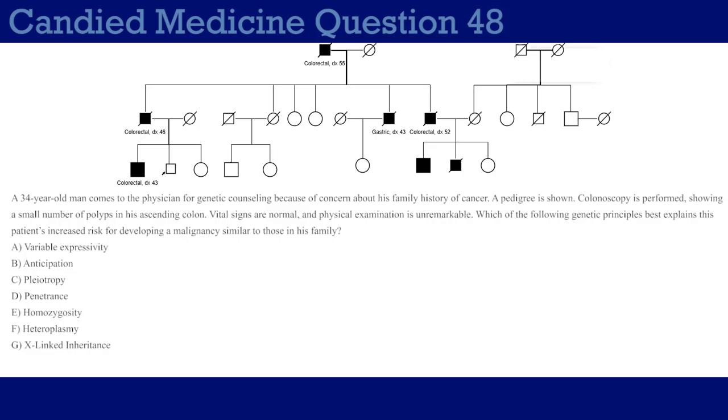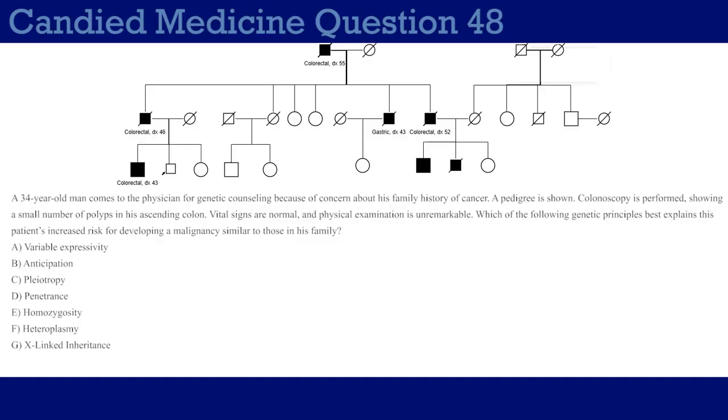A 34-year-old man comes to the physician for genetic counseling because of concern about his family history of cancer. A pedigree is shown. Colonoscopy is performed, showing a small number of polyps in his ascending colon. Vital signs are normal, and physical examination is unremarkable. Which of the following genetic principles best explains this patient's increased risk for developing a malignancy similar to those in